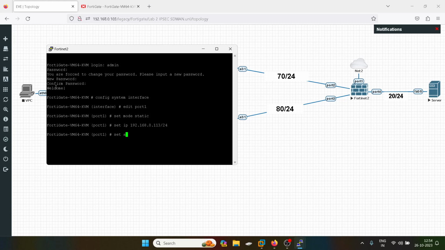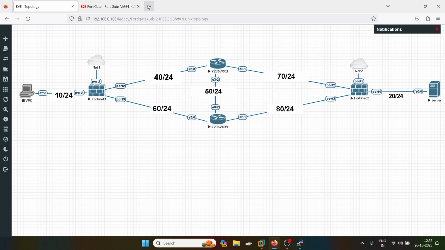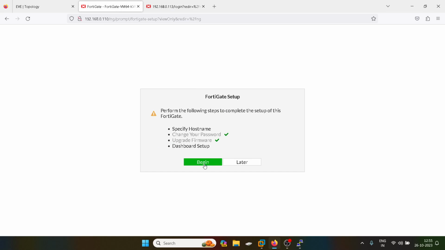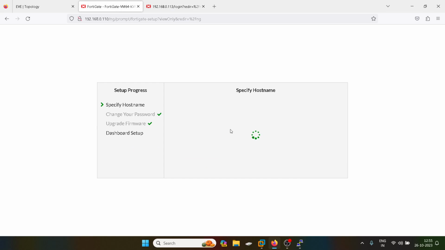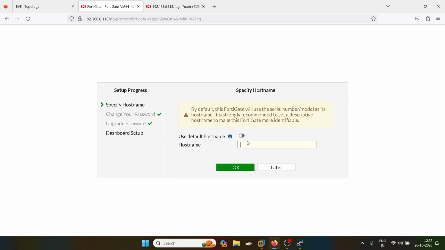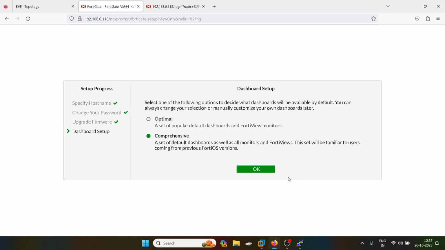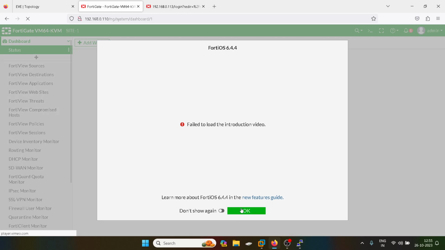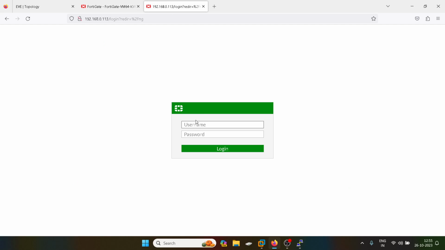Set allow access. And now I will take the GUI of this firewall. I will give the name as site1. Okay. Similarly here,